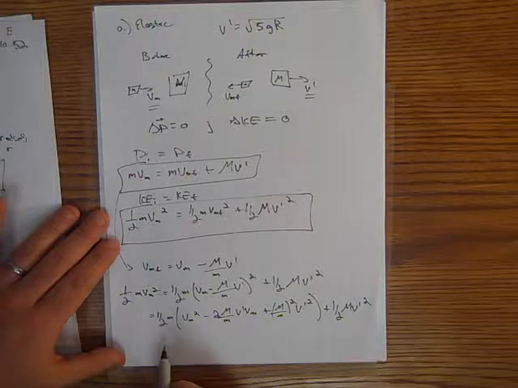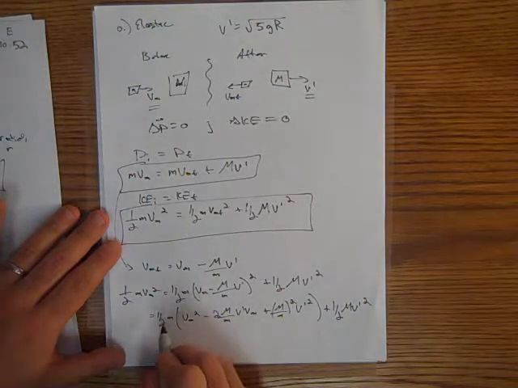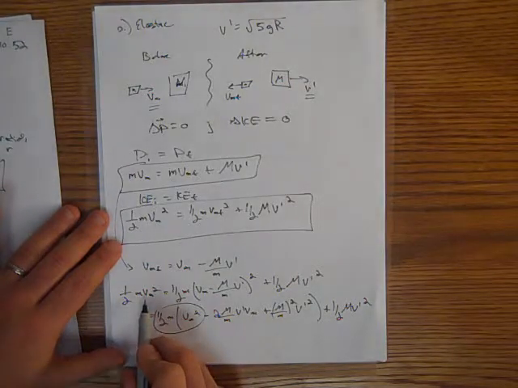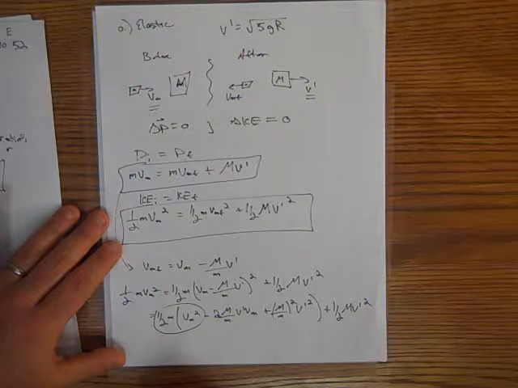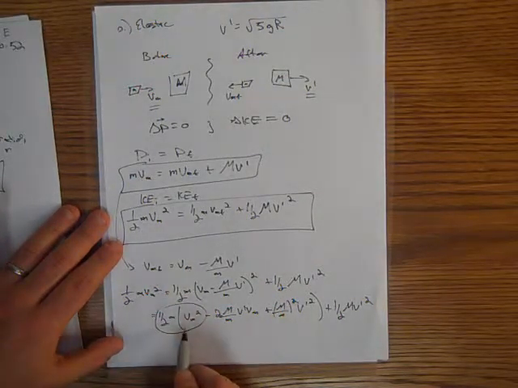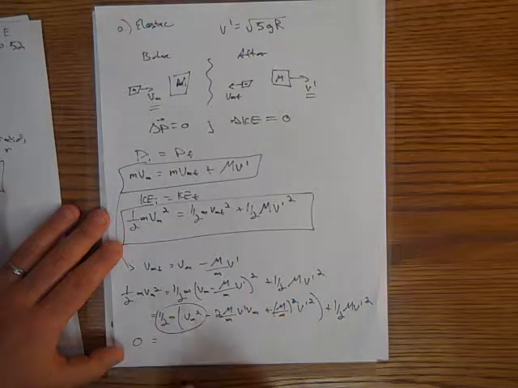Okay. Now I'm going to expand this through, but I do want to point out that there's a term in here, this term here, when I expand it out, that's going to cancel directly with that term. Okay. So I'm going to distribute that through, but I'm going to make that simplification explicit. So 0 is equal to